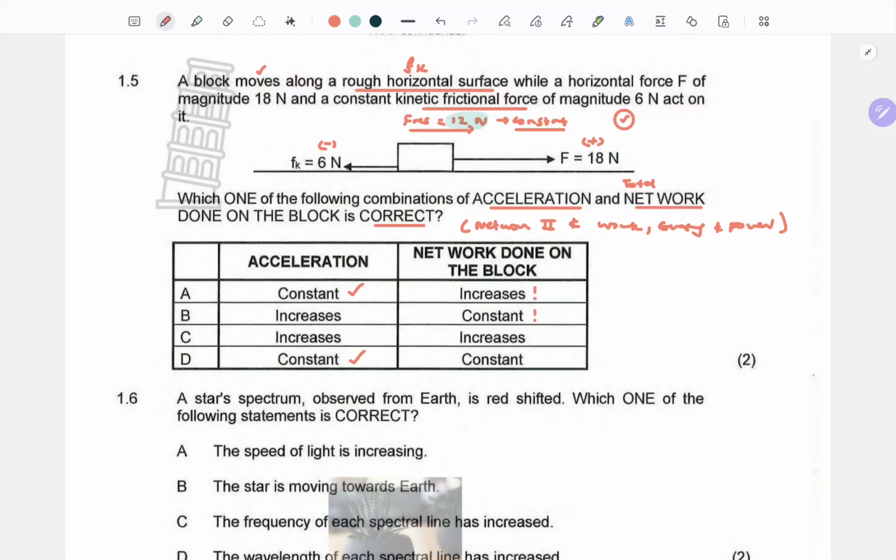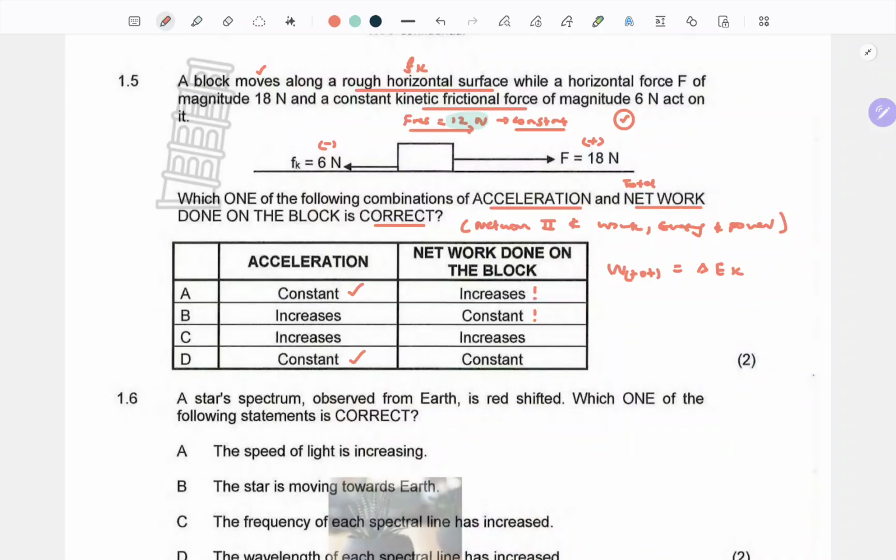Right, now the total work done on the block, question is, does it increase or is it constant? Now we have to deal with that, because is it constant or is it increasing? But now remember, the total work done, let me write nicely. I don't know why I always write in a hurry. Let me try to be relaxed. The total work done is equal to the object's change in kinetic energy. This is the definition, the work energy theorem.